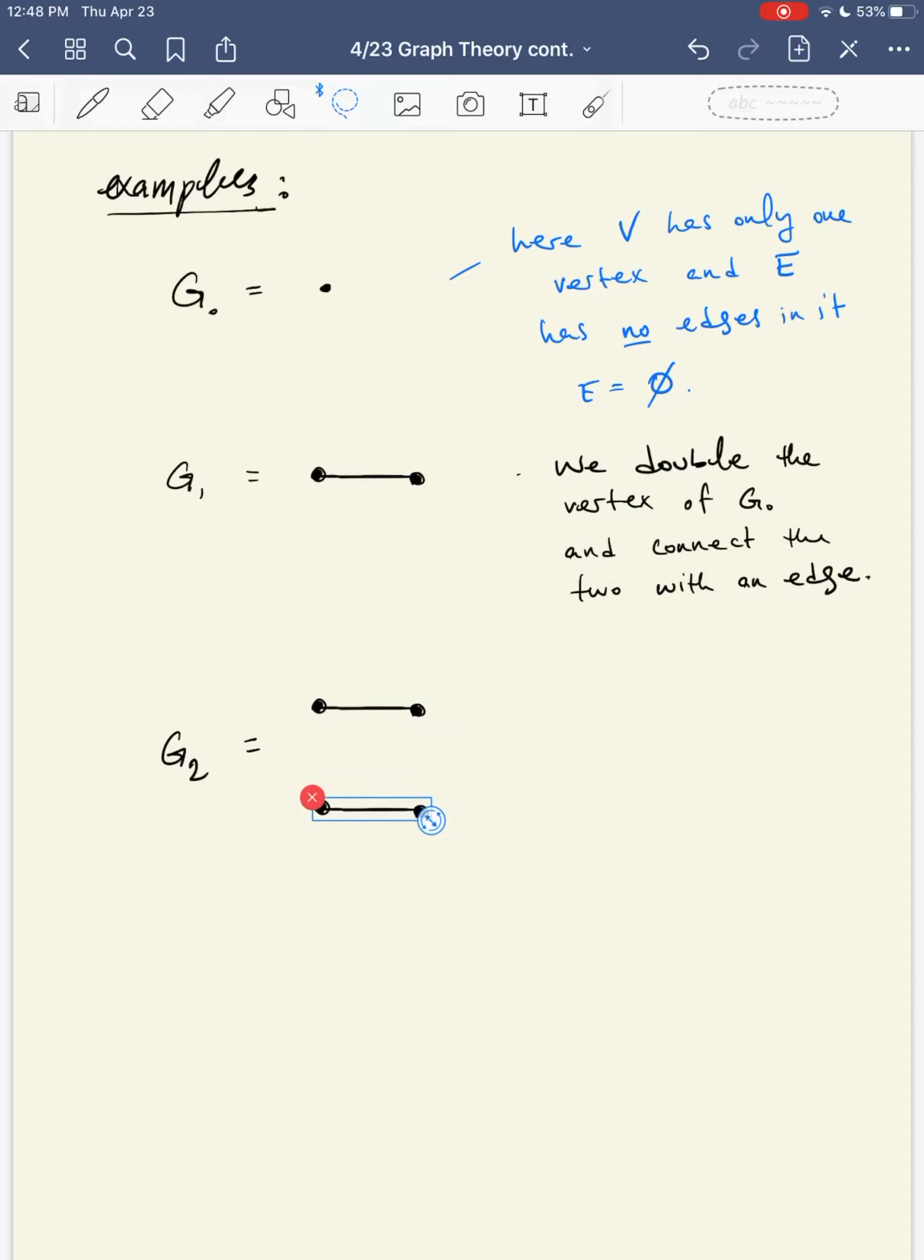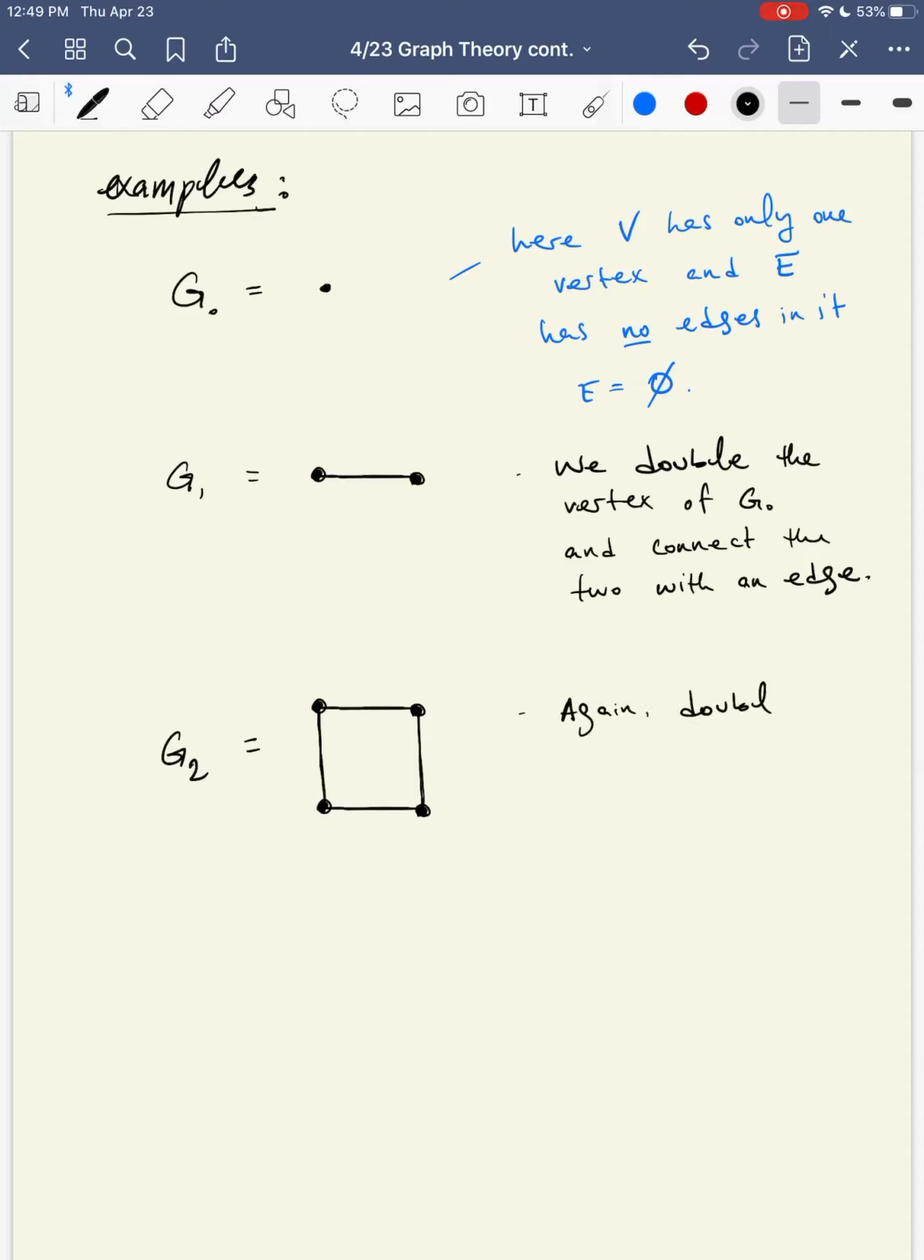Good. And now what I'm going to do is connect the vertices that got copied. So I'm going to connect this one, and I'm going to connect this one. Okay? So again,